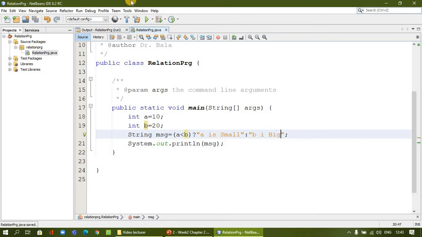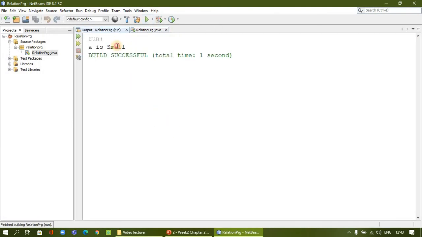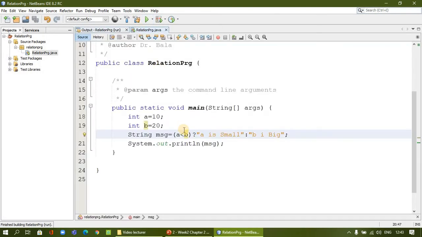Let me execute this one, because A value is less than. Yes, the condition is true. If the condition is true, the statement before the colon will execute. False means the part after the colon will be executed. Here A is 10, and 10 is less than 20, so the condition is true, and it says A is small.